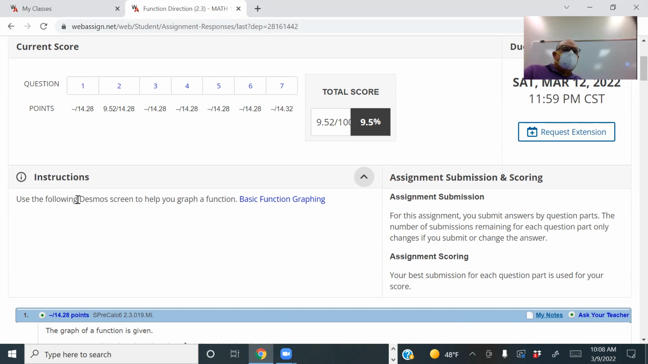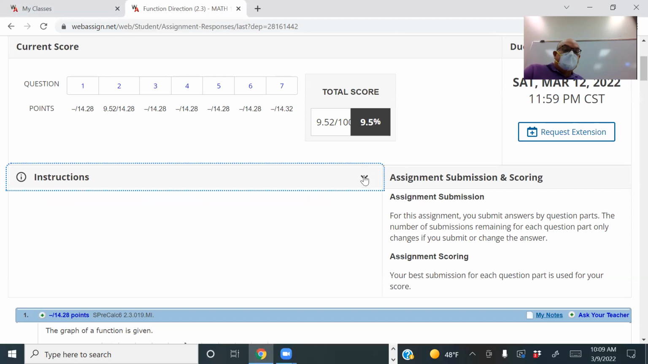There are two things that I can post with a homework. One of them is called instructions, and the other one is, I forgot. It's like directions. It's almost the same as instructions, but I don't see it here. So anyway, look at the top of the homework. You may have to expand these